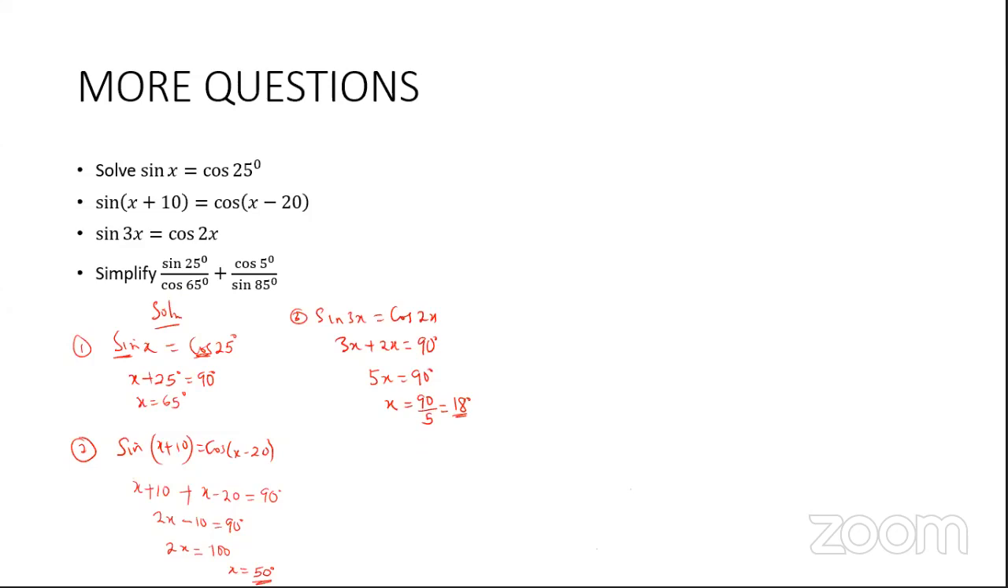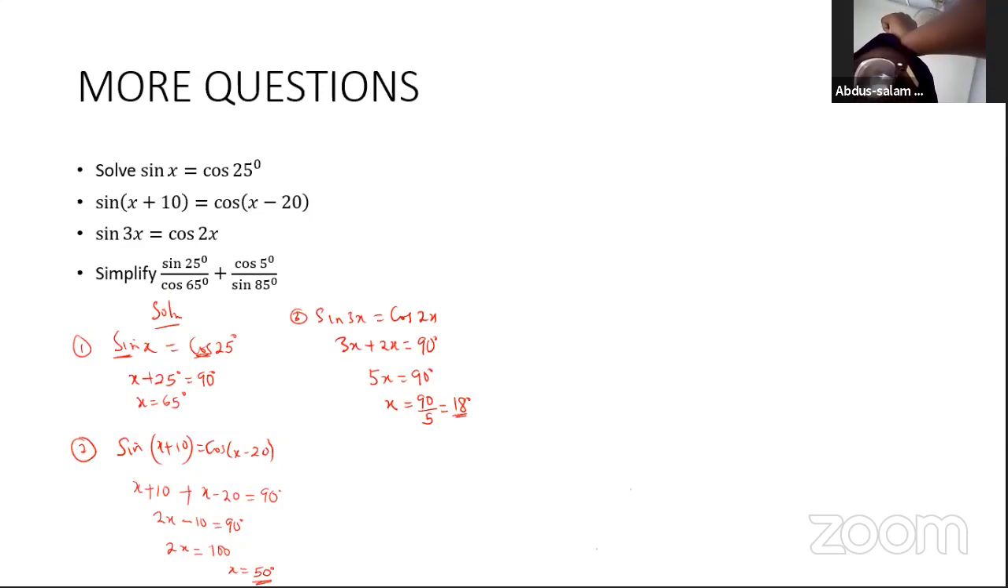Sin 25, that's another way of asking such a question. Sin 25 over cos 65 plus cos 5 over sin 85. 90 minus 25, 65 over 25 is